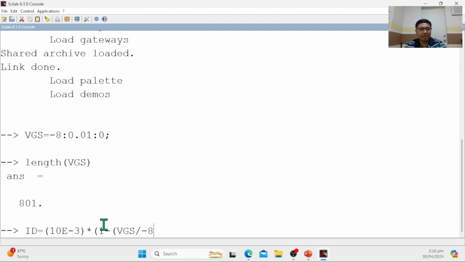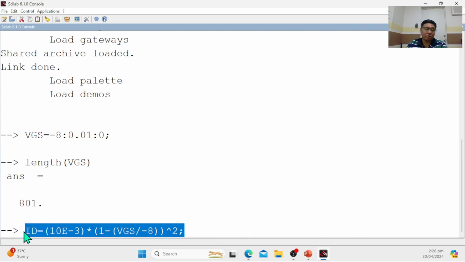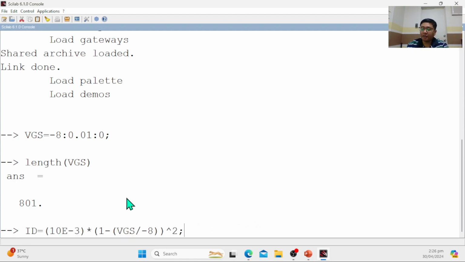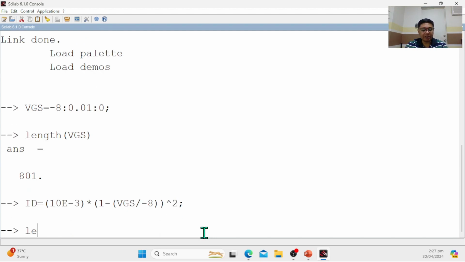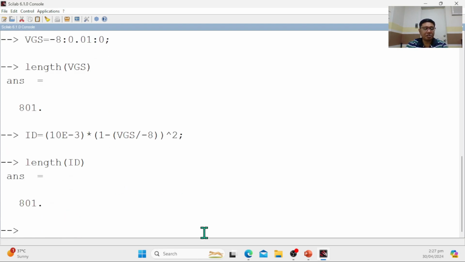We have -8 caret 2. This defines Shockley's equation. For every value of VGS, there is a corresponding value of ID. Press enter. Let us check the length of variable ID. That's also 801.